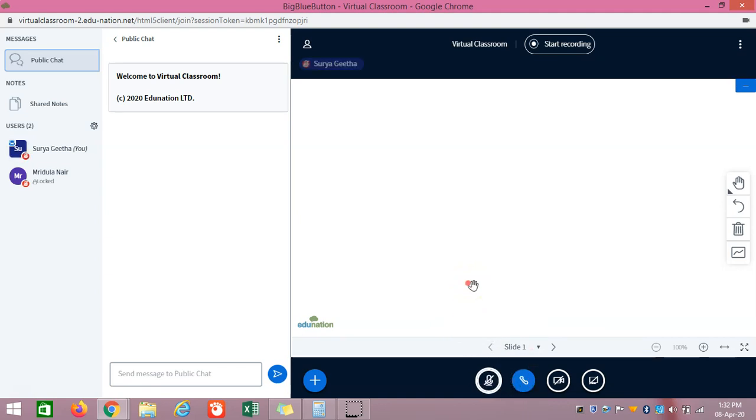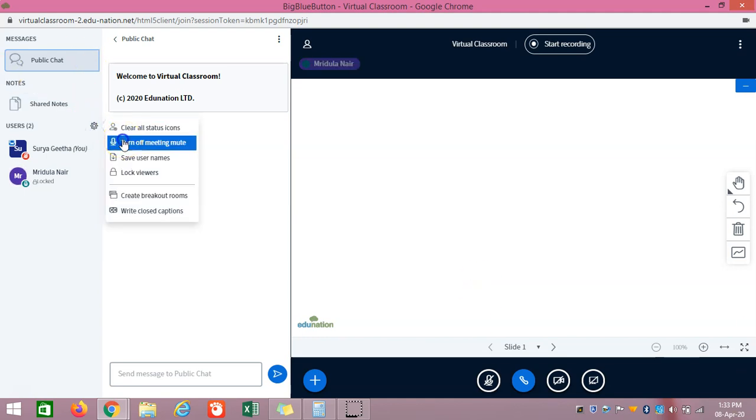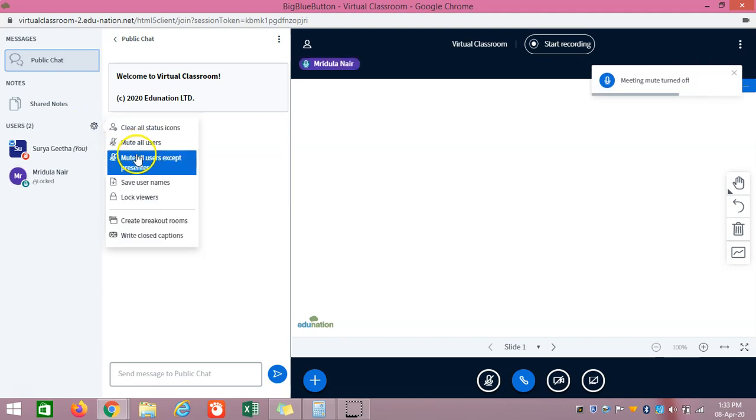You are now muted. Please note one more thing: even if you are muting, the students can unmute by themselves. Okay, hope you're clear with this. It's a little bit confusing. Here the teacher can mute all the students, as well as the teacher itself, but the students can unmute themselves if they want to say something. We can mute all the students, but if the students want to say something back to you, they can unmute and tell. Okay, hope you're clear with all these things.